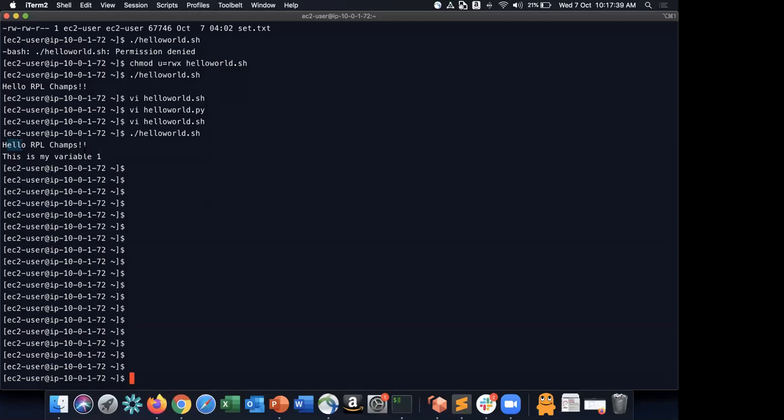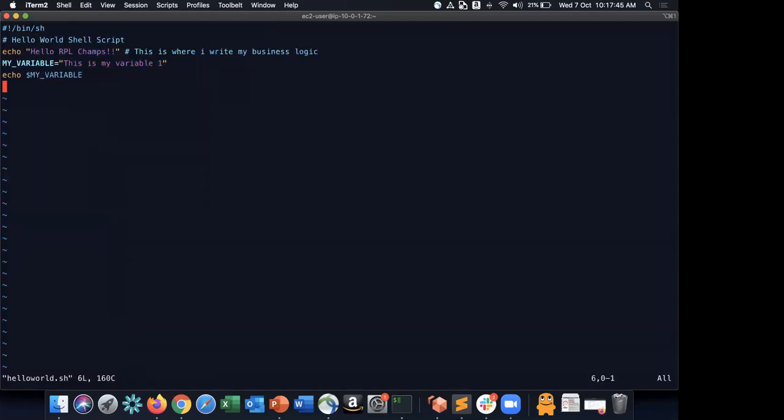Okay, so now let's do a little more cool things, right? Let me open the shell script, and I'll expect an output. I'll expect an input from the user. After printing all of this, I'll just say read. Read is another command which will wait for input from the end user. Read my name. Then it will wait for the end user to type his name and press enter on the shell script, and then say echo